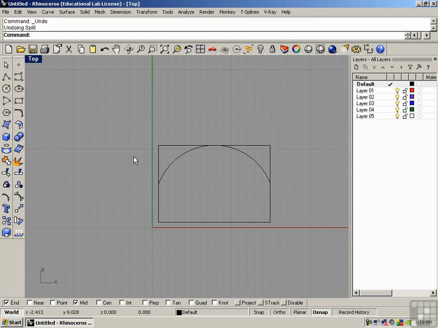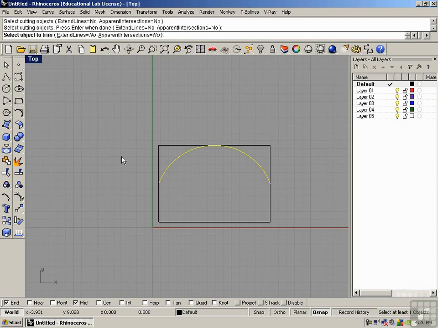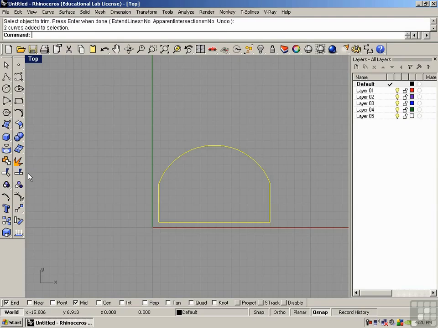we can also use the trim command. So rather than using the delete key to get rid of these regions after we split it, the trim command uses the delete by trimming away the piece. If we start the trim command, it asks us to select the cutting objects. We're going to use the arc. And now it asks us to select the object to trim. We can click on this piece out here, and it splits the curve and deletes the piece, otherwise known as trimming. Do the same thing over here, and then we can right click,